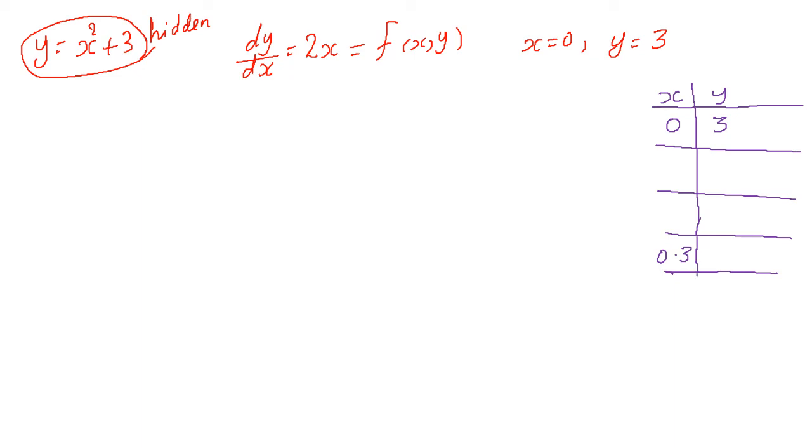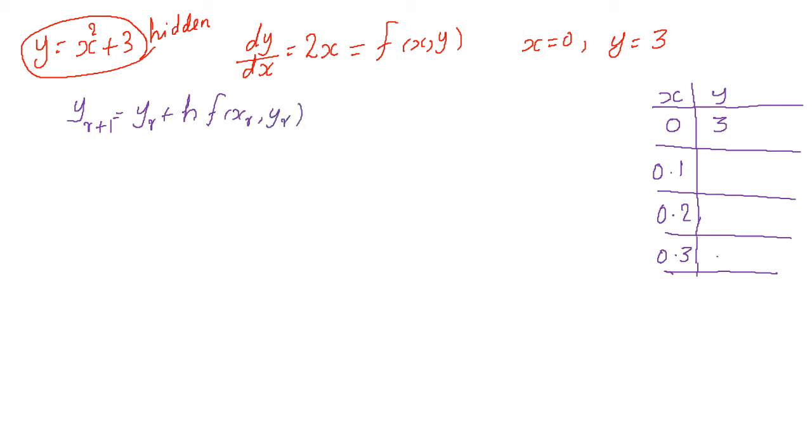I cannot make a giant leap from 0 to 0.3 because Euler's method functions better if and only if your h is very small. For simplicity, let me take the step size as 0.1. So I start from 0 and march towards 0.1, then from 0.1 I march towards 0.2. I calculate the values respectively and I find 0.3. So let us see that numerically. Our general formula is this: y(r+1) is equal to y(r) plus h into f of x(r) y(r).